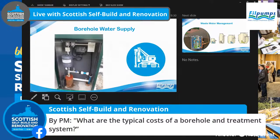Borehole water supplies do vary in quality, depending on the levels of contaminants in the water coming from the differing types of bedrock the water has passed through to that point. So while treatment will still be necessary, the advantage of a borehole is that as the bedrock will never change, neither will the contaminants entering the water. This allows for a consistent quality of water, which in turn allows the treatment system we specify to constantly operate at optimum levels of performance,